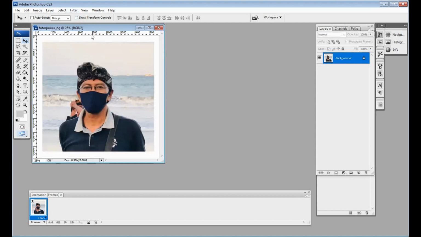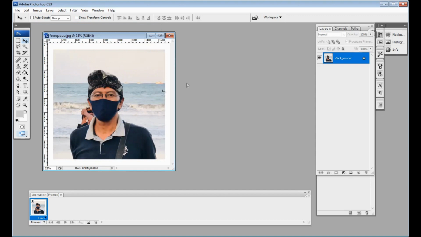Okay, let's try this. I will modify this area with this. Yeah, I have an idea how to create it, but we do not use the clone stamp.